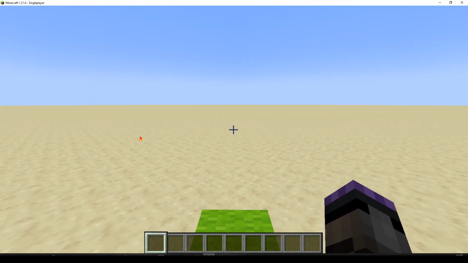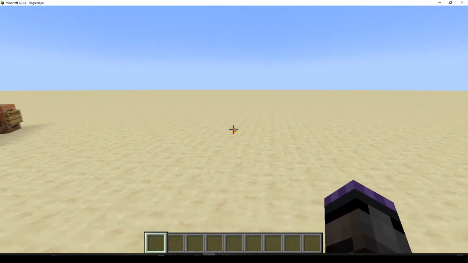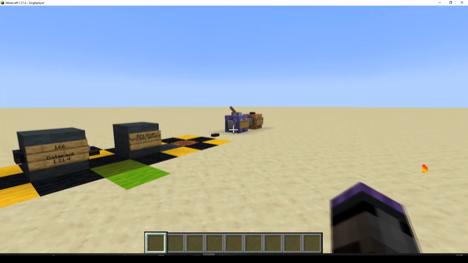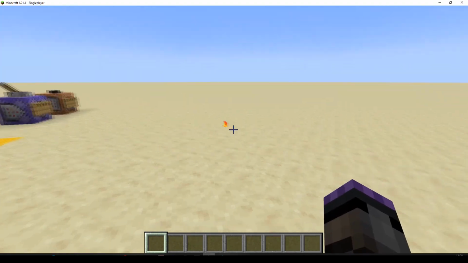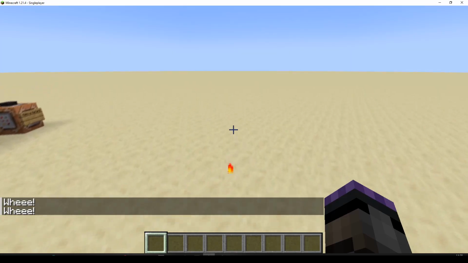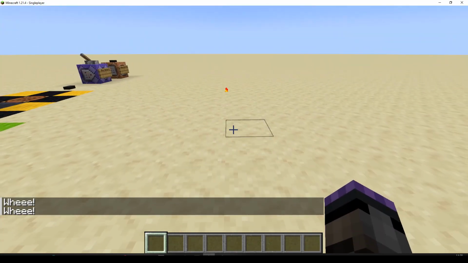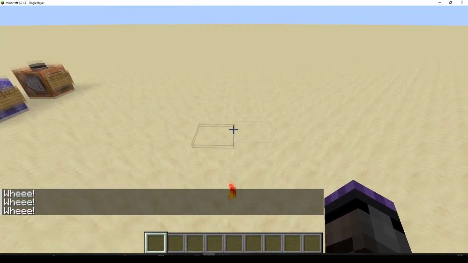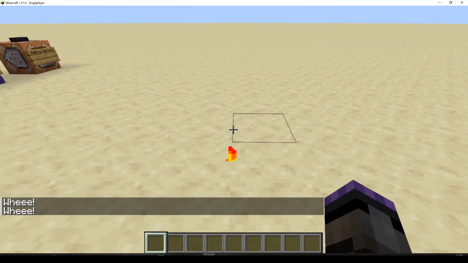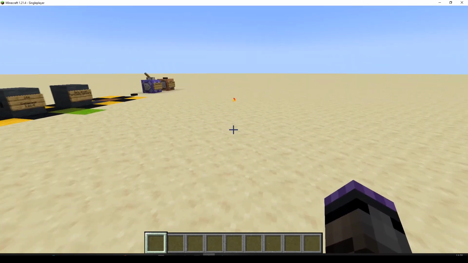I was just playing around with these and I thought, well, I'll just share what I've got. So there's a marker there, that is my proximity sensor, and that command block there is just making the flame particle play at it, so I can know where it is. And if we run into it, it goes, whee! And then if we run away again, when we come back, it'll do it again. So if we stay there, it only runs once, and when we leave its range, it resets,